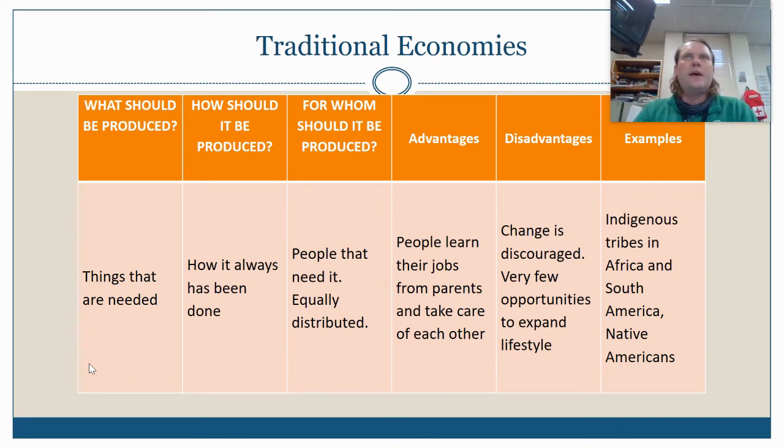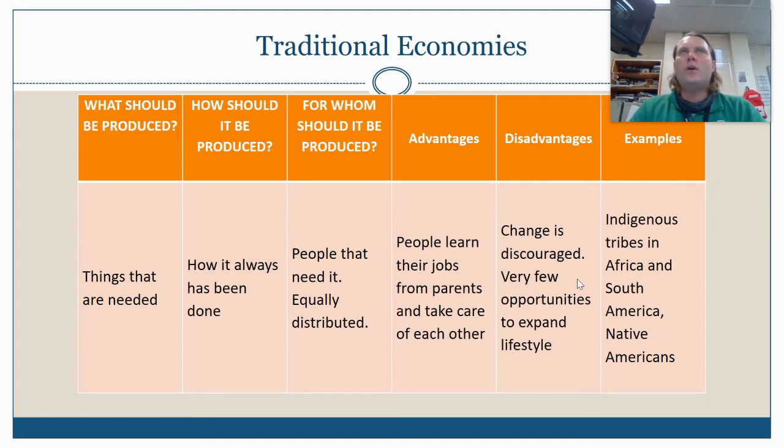We had to have food today. Maybe we need some shelter today, whatever that might be in that day to survive, we are going to focus on producing, right? And you talk about the Native Americans not wasting any product of the stuff that they killed, and how efficient they were by doing that, and it's extremely impressive, right? And so the advantages are you have a pretty stable living. However, we don't live in a traditional economy today, right?